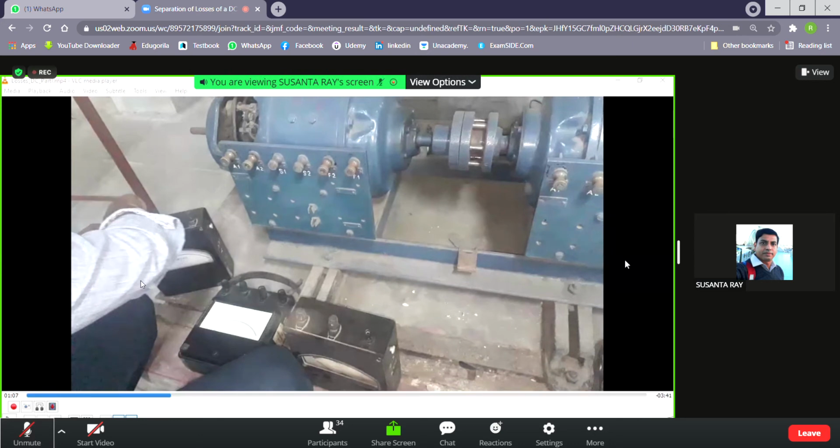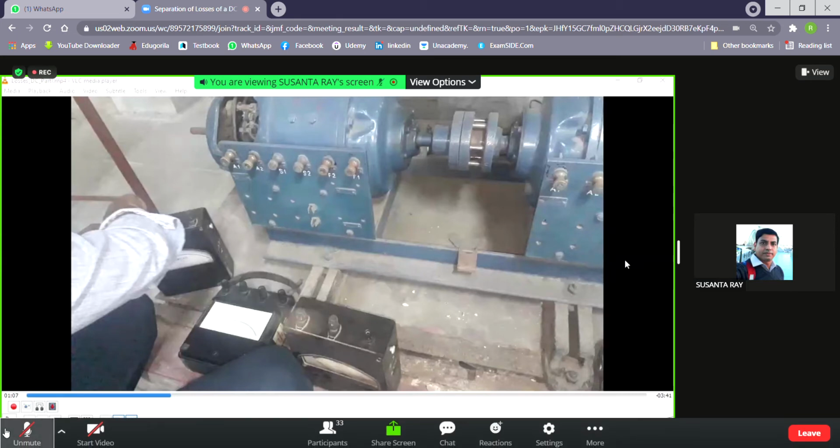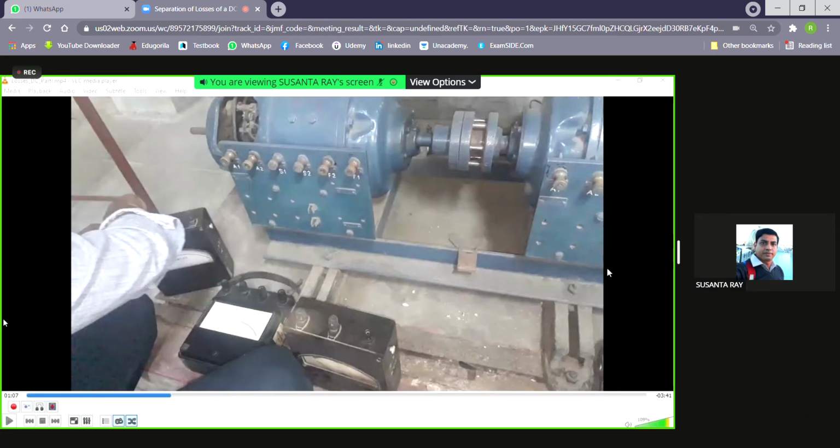Correct. So that is for the field, because the field has high resistance, because it's a shunt field. So it will have high resistance, and the current which will flow through the field winding will be less. So the current rating for the field winding ammeter must be less. Okay, so he should now choose the higher rating ammeter. So yes, switch to the other one as per the instruction of our Dipankar Da.